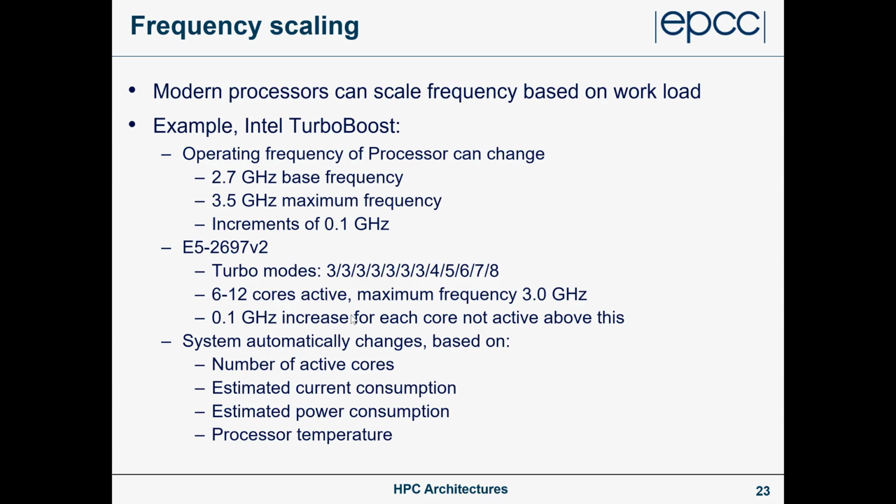So the base operating frequency of the processors we're using in Archer is 2.7 gigahertz, but it can run up to 3.5 gigahertz depending on what is going on in the processor. So if you are using 6 to 12 cores, so if you're using half or more of the cores, then the maximum frequency will be 3 gigahertz, depending on current power consumption, energy, and processor consumption. So if the processor is not too hot and it's not using too much energy, it can push the frequency up to 3 gigahertz. But if you're using less than 6 cores, then it can go up to 3.5 gigahertz to give you increased